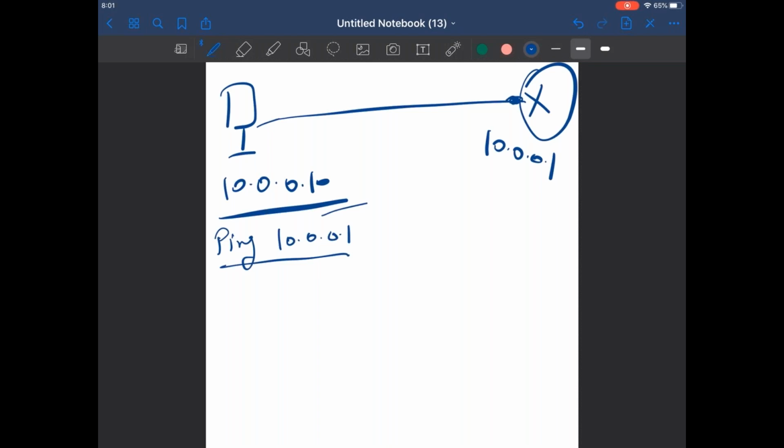If this is your PC1 and this is your R1, and you are trying to ping your router, your default gateway, how will the process work step by step? First of all, it will send that ICMP echo request. PC1 will send it to R1.